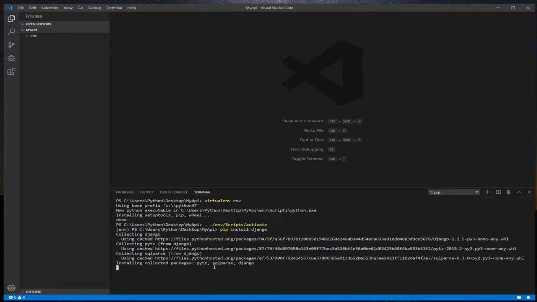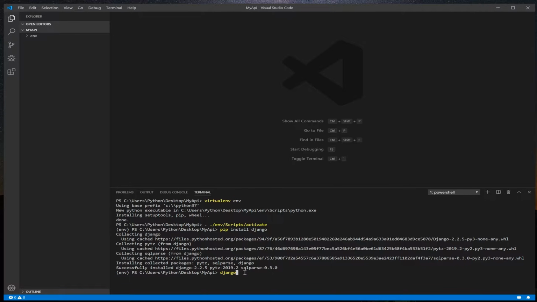So it's installing now. It depends on your internet speed or the time that Django takes to get installed. So it's installing now. It won't take long. So as we see now, it's already installed. So what we need to do next is start a Django app. So how we do that? We go